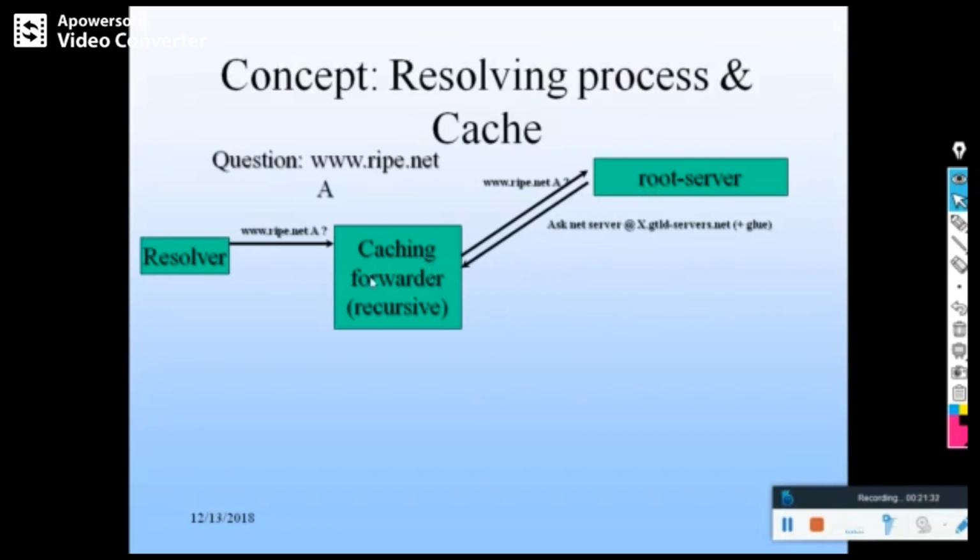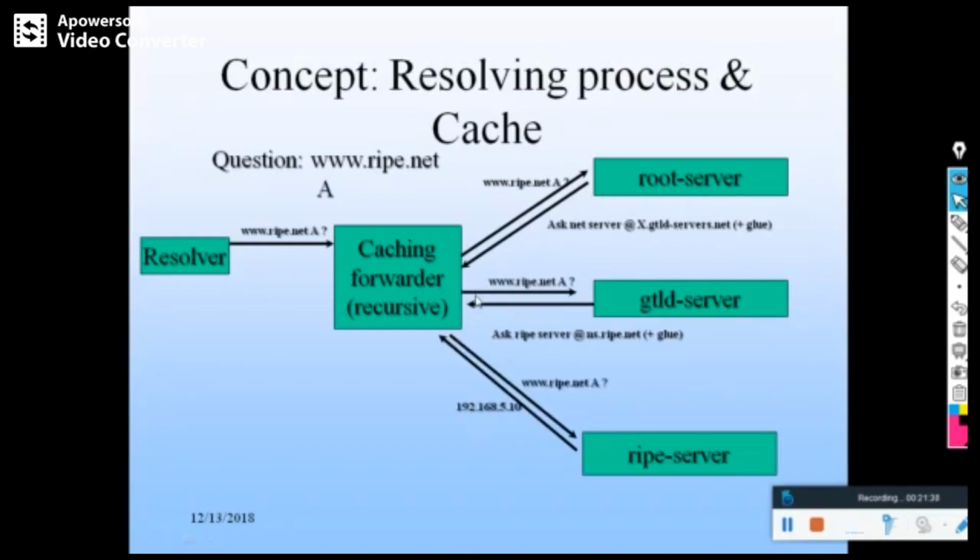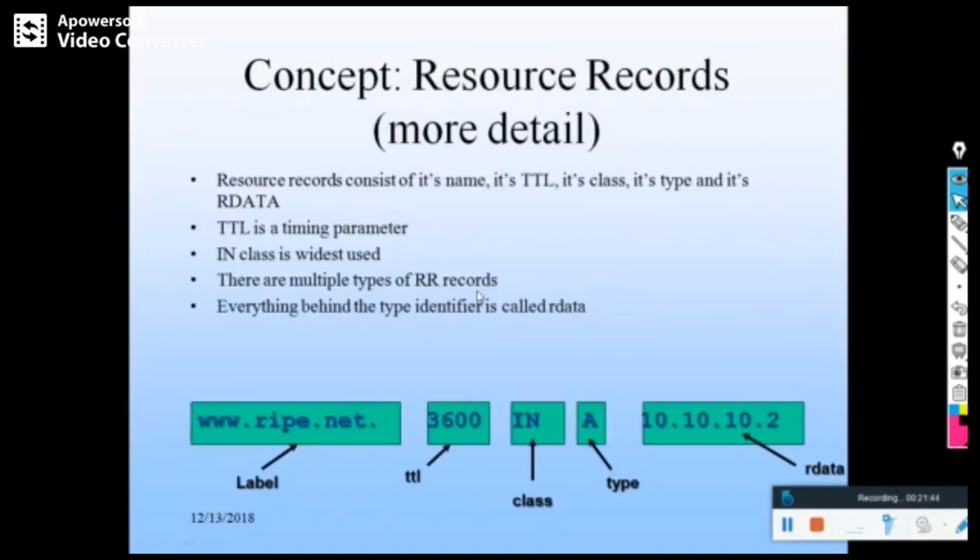That information is stored in the cache for future use. So all this information is stored in the cache, and next time when the request comes, all those cached entries are used.